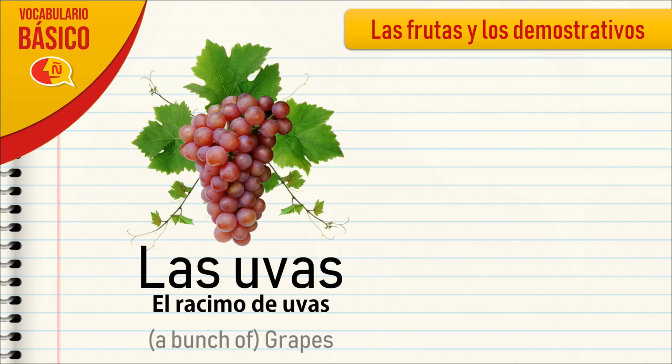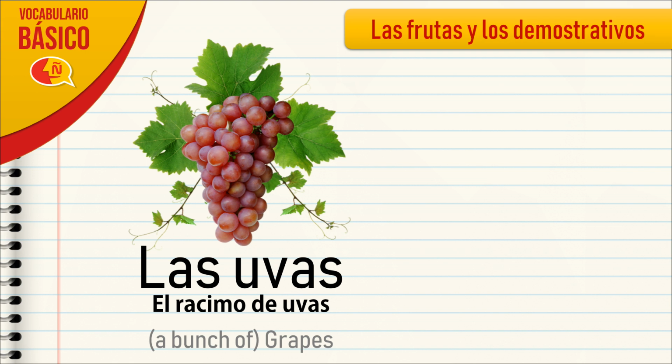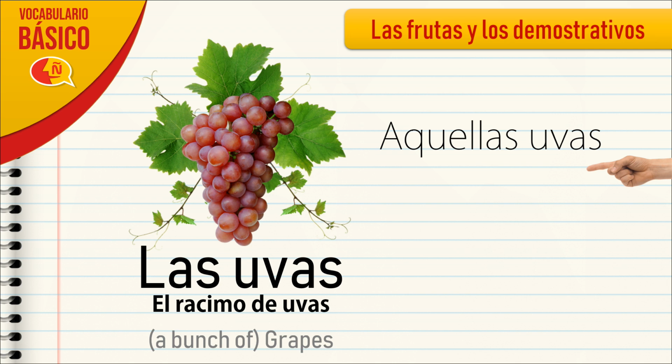The first fruit is las uvas, las uvas. In this case, you are looking at el racimo de uvas, el racimo de uvas. So, where is the racimo de uvas? Where are these grapes in relation to the speaker, which in this case is represented by the hand? So it's very far away. So we have to use the last option, aquellas uvas,